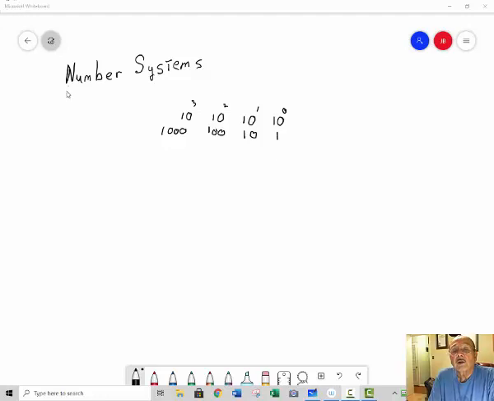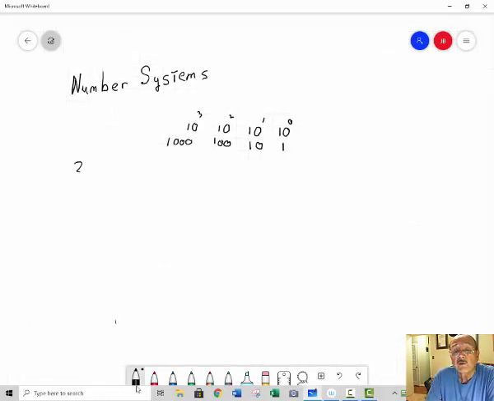Okay, I want to talk about number systems. I'm not sure whether I'll include this in your exam or not. I thought I'd go ahead and talk to you a little bit about it. I probably won't, but I think that it needs explanation, so we'll take a few minutes to take a look at number systems. If I have a number, let's say